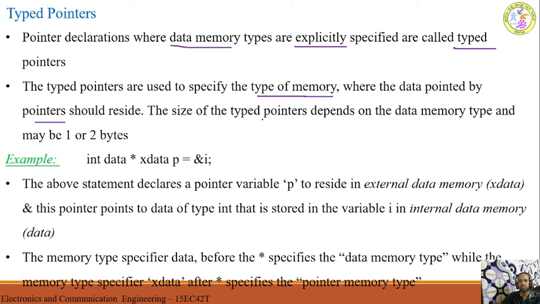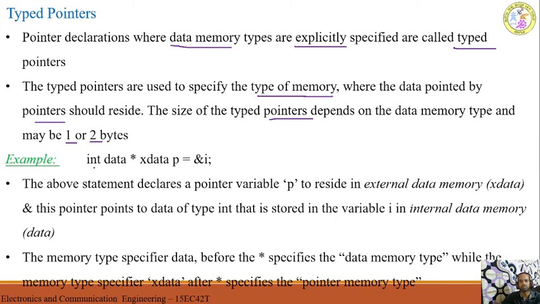And the size of the typed pointers depends on the data memory type and may be 1 or 2 bytes. Whether it requires 1 byte of data or 2 bytes of data, based on that, we are going to declare the typed pointers.